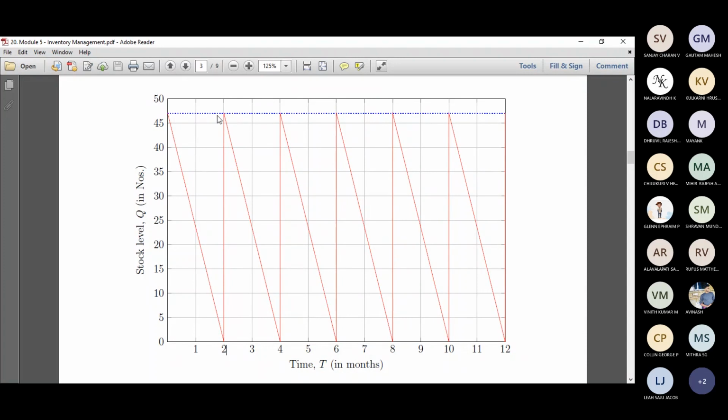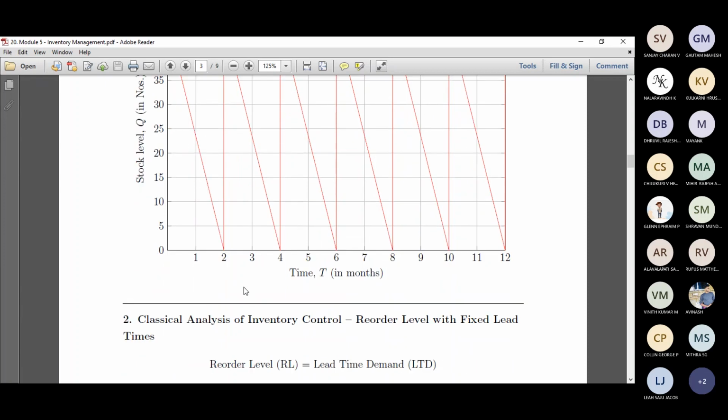If it is a 1 hour time, it's fine. It can replenish that day itself, at the end of the day. But if it takes 18 hours, 24 hours, or sometimes even 2 days, or sometimes 2 weeks, those things should be accommodated. So at one point you need to fix your ordering process, so that you order at a time such that the time for the order to reach and the point of zero depletion are almost the same. So you achieve that particular point. That's basically what is meant by reorder level.